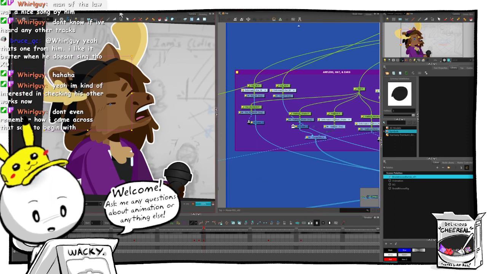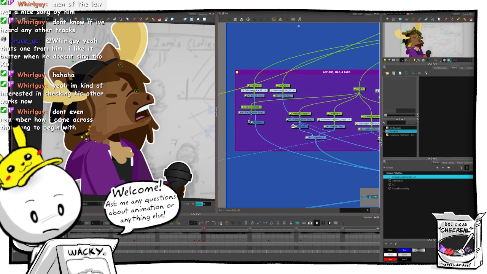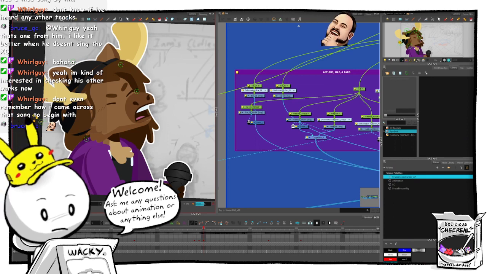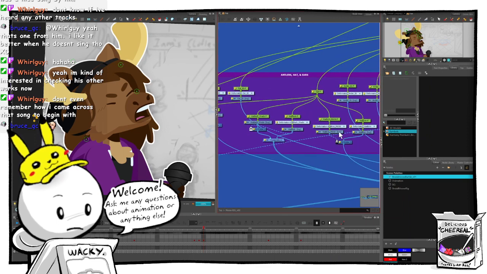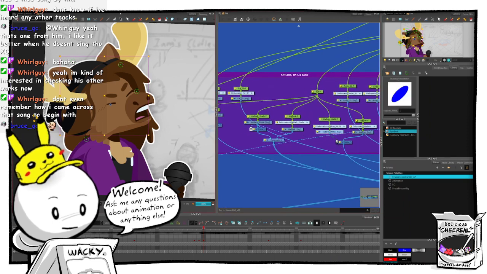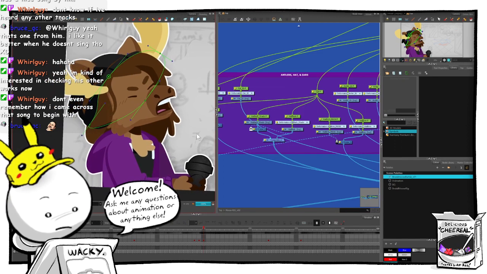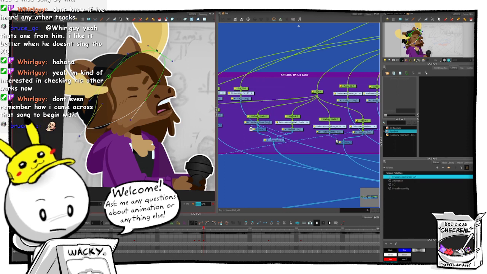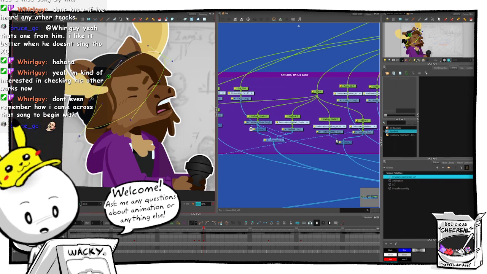Might need to adjust his hat back a little bit. And where is that mask? Let's make that more rounded.